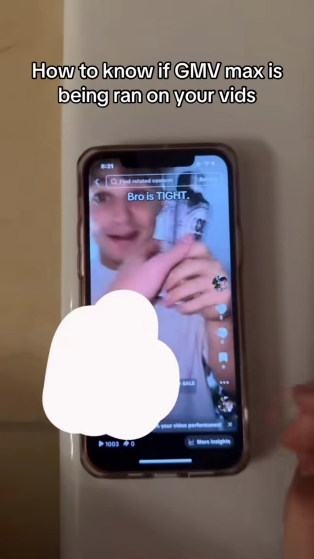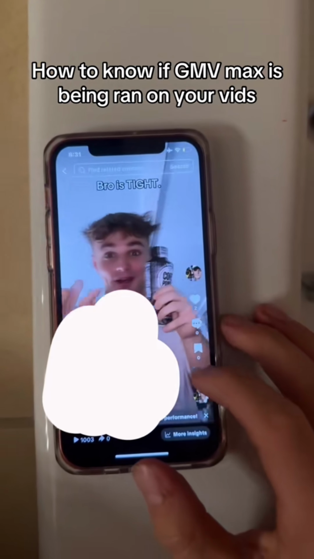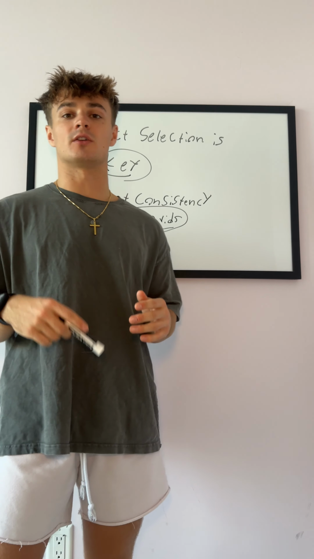eligible on this product. I'm going to cross out my username for personal reasons, but you guys are going to want to click on those three dots right there. You're going to want to scroll all the way to the right. If you see Ads Plans, that means GMV Max is being run on that video. Hopefully that clip gave you an idea on how you can tell if GMV Max is run on your